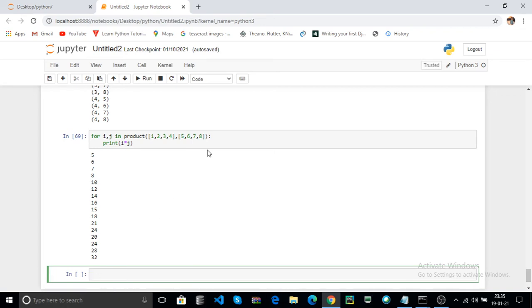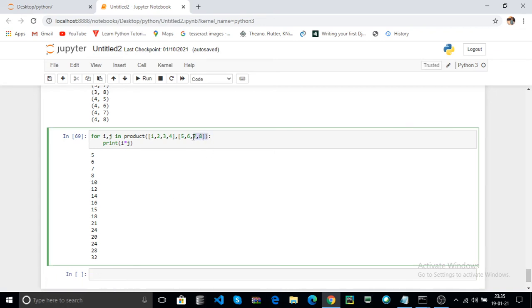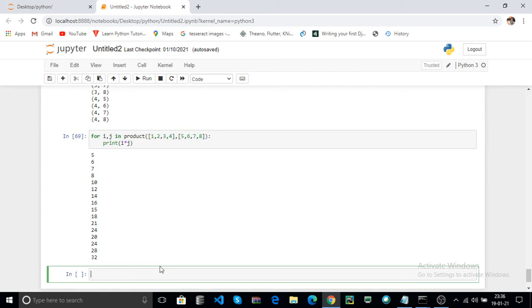Now actually your Python program needs two loops for this logic without a product function.